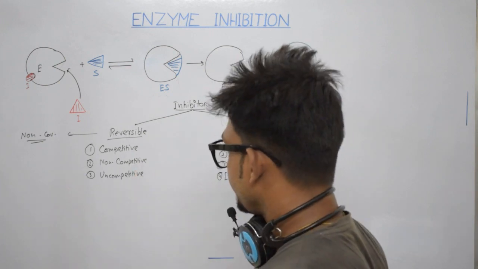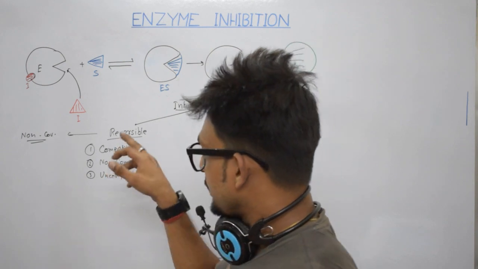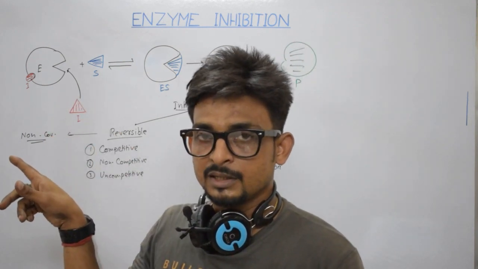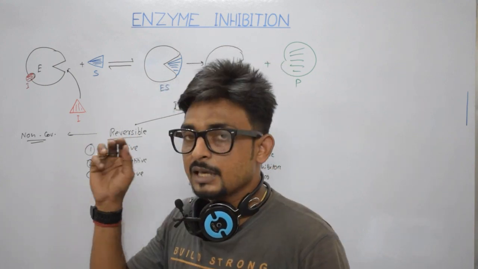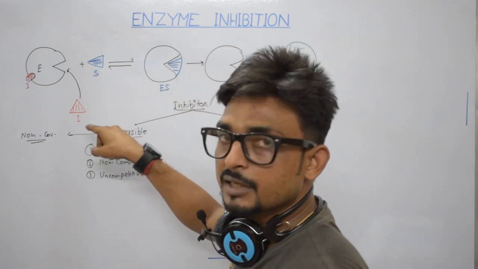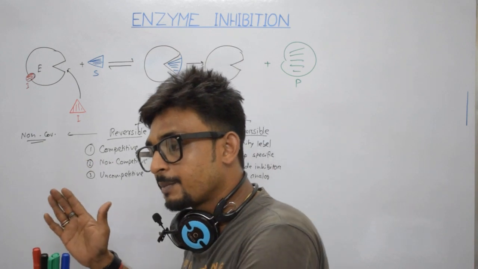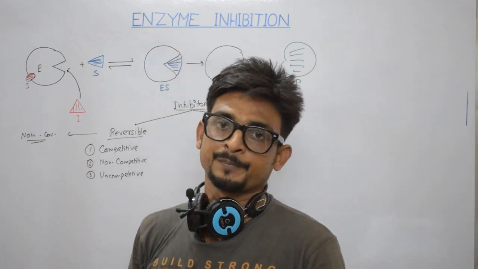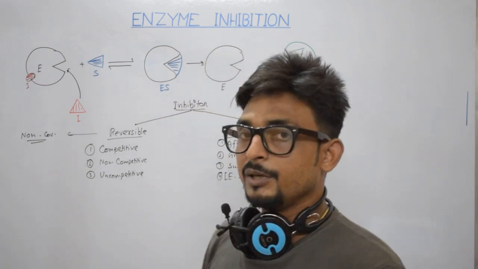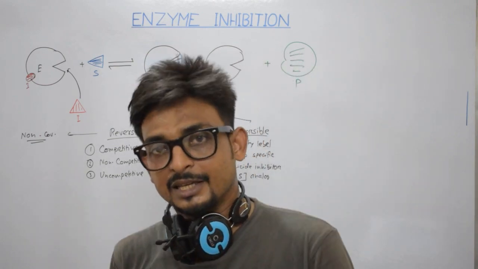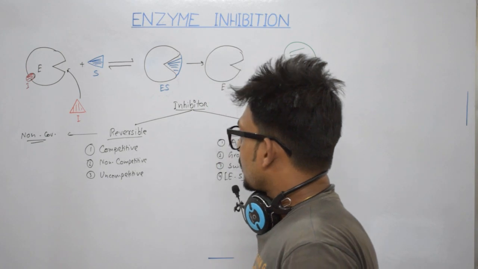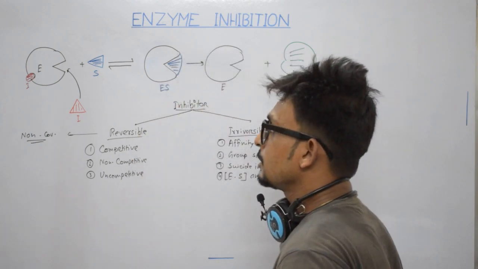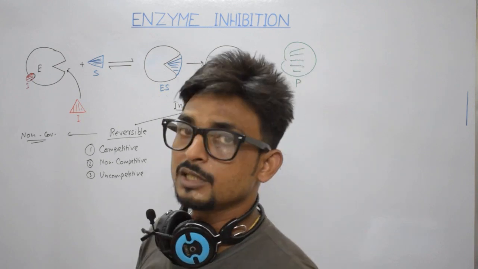And in non-competitive inhibition, the inhibitor can bind to the active site, and also the inhibitor can bind even after the formation of the enzyme-substrate complex. Okay, so in that case Vmax will be different and Km will be the same. We will see in graphical representation how these things are actually going on,